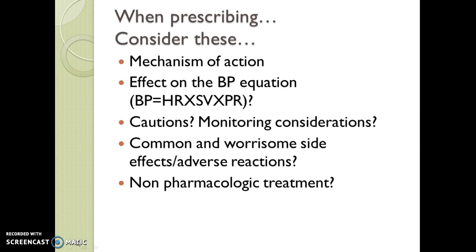I like to separate those two, although often side effects and adverse reactions are listed in the same list in our Hippocrates. But common and worrisome side effects may be things that the patient is bothered by, and adverse reactions may be things that we are bothered by, such as anaphylaxis. Non-pharm treatment, of course, is very important as we seek to get and maintain good